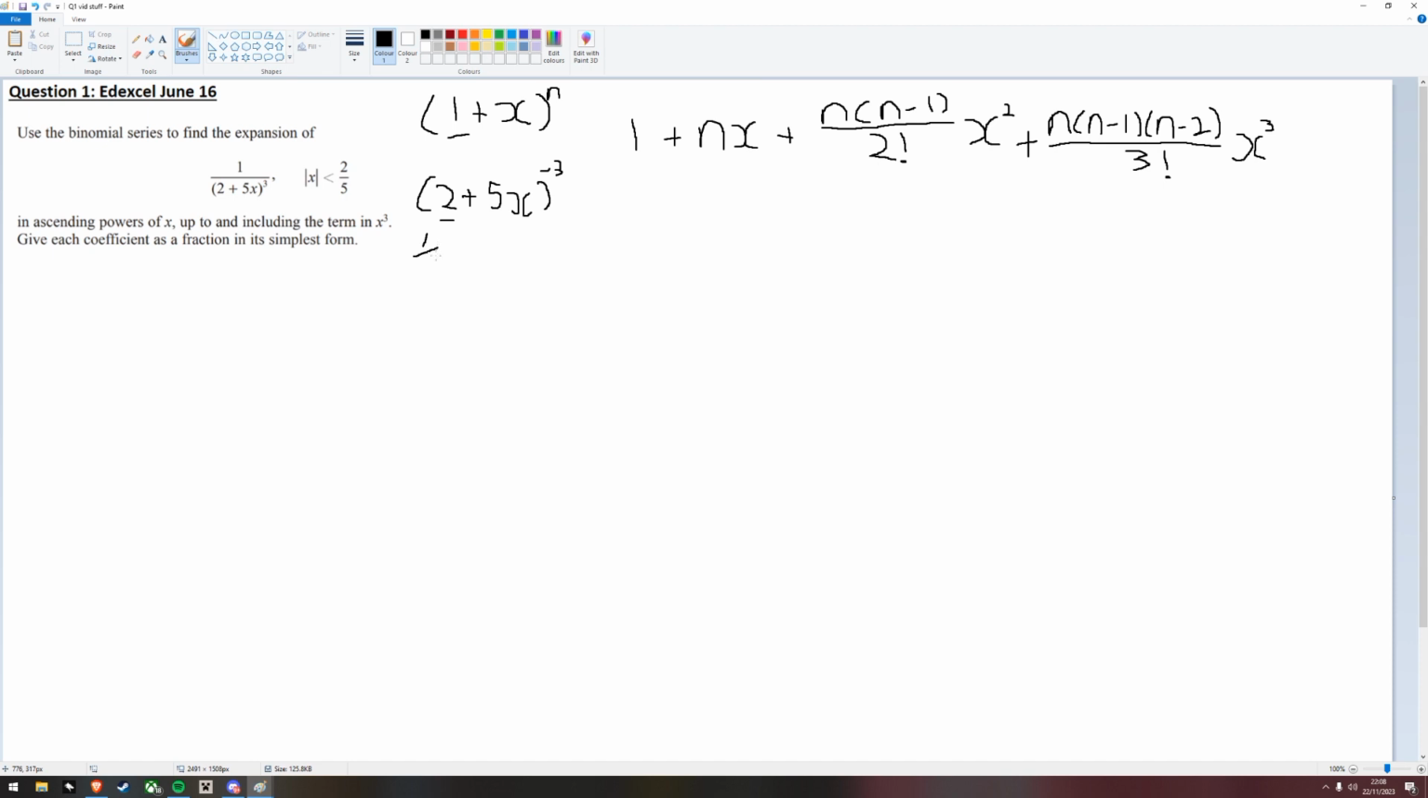So we have an eighth, 1 plus 5 over 2 x, all to the power of minus 3. Now our n here is just minus 3, and we are subbing in 5 over 2. So let's put this in. 1